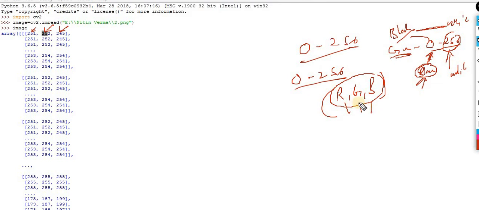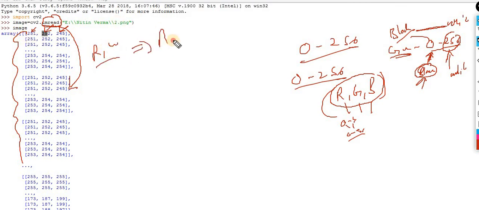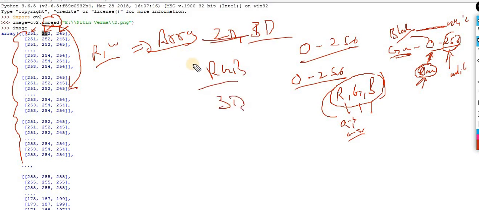In the case of grayscale, but in the case of RGB, here again 0 to 256, all the colors will be between this scale 0 to 256. So the entire information, whenever you read images with the help of this method, imread, is read in the form of rows and columns. And how can we represent the rows and columns? With the help of an array, that is a 2D array or a 3D array. If I talk about RGB, that means a 3D array. If I talk about grayscale images, that means a 2D array, rows and columns.